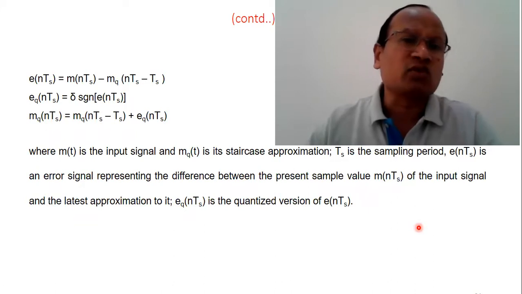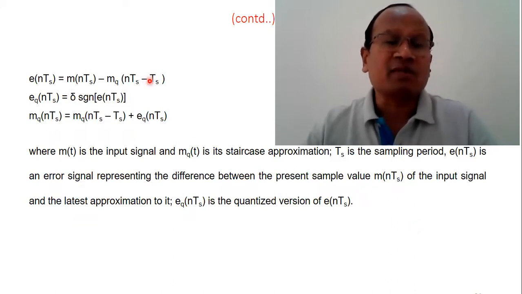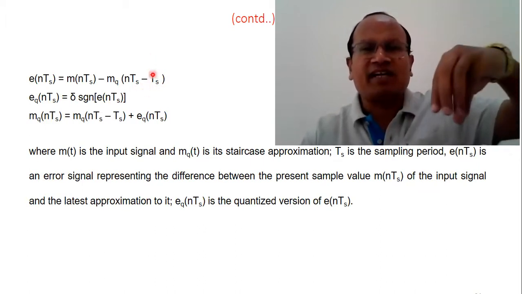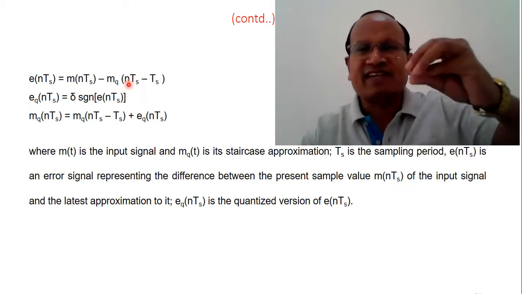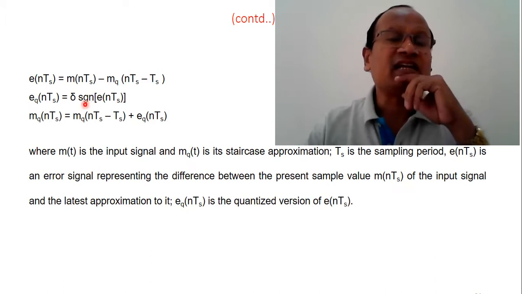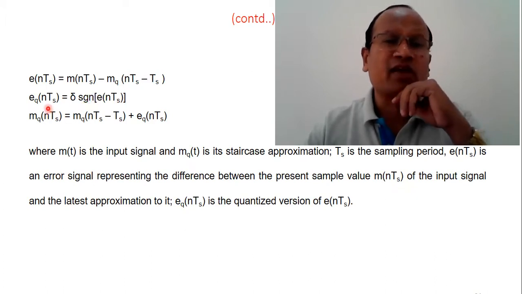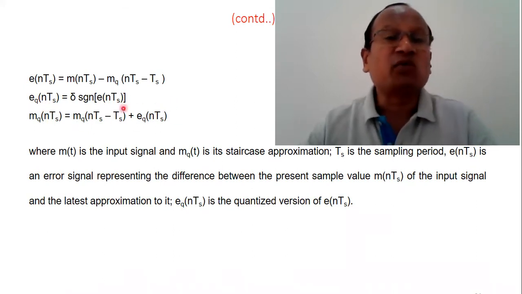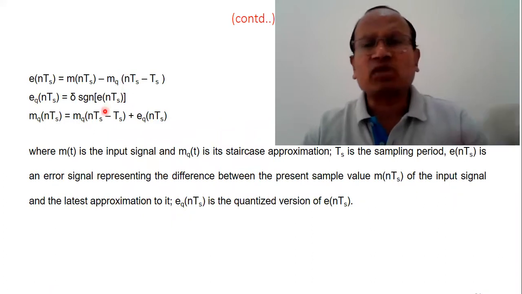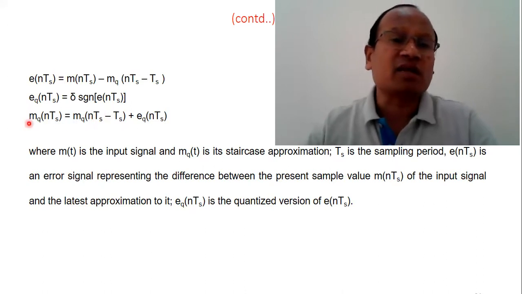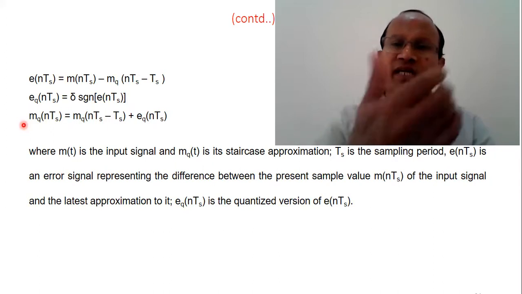These are some calculations. You can see here that this is the previous sample m(nTs - Ts). There is a delay by one sampling interval. Look here. So m(nTs) is the discrete sample, now there is a delay, and m is the message signal, obviously. And del is the step size we are using. We are calculating an error signal. An error signal is being added with this delayed signal, right? So that we can again generate an approximated output of the sample, which can again be used to compare with the incoming pulse.